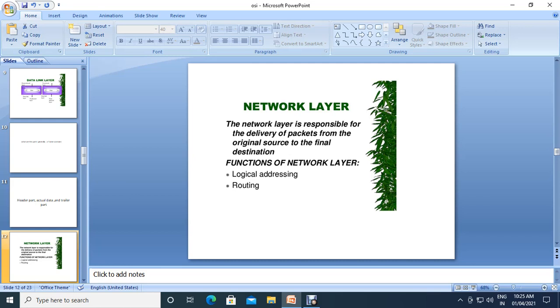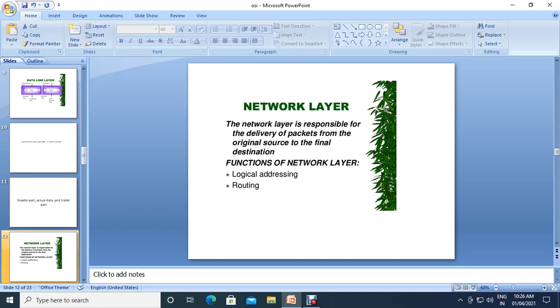Delivery of packets means we have to send the information in packet format, and that packet format is done in the network layer. The functions of the network layer are logical addressing and routing. To fulfill this responsibility, the network layer has to do logical addressing and routing.